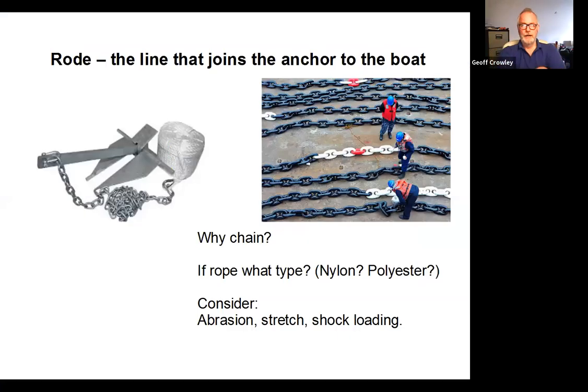What should your anchor line be made of? Here's some Navy people examining the anchor chain of a boat and having a good close look at it. And notice how they've painted some links to give a code that shows them what the length of chain that is out so far. This is a reasonable way of showing